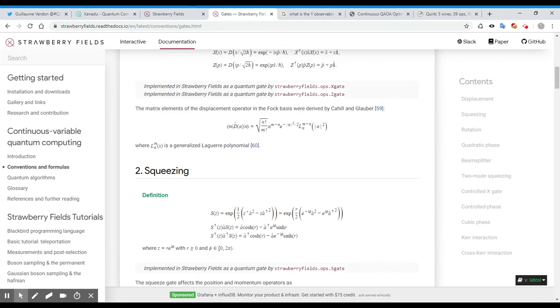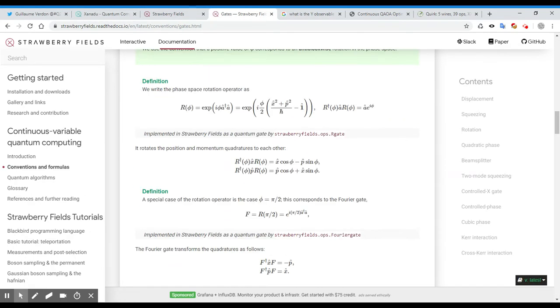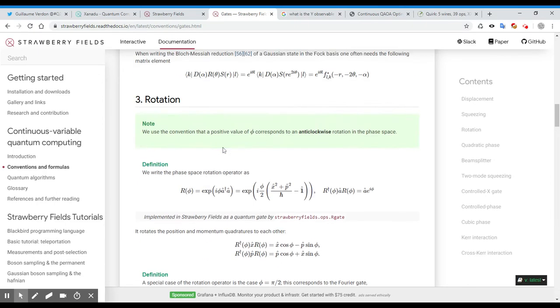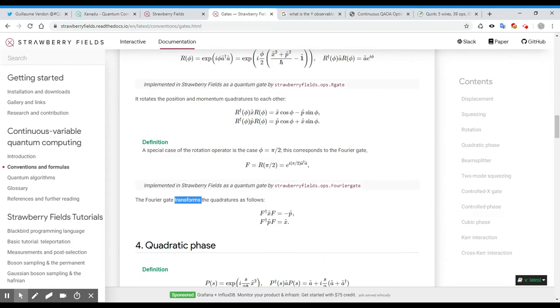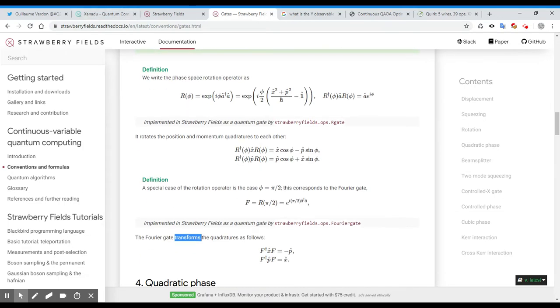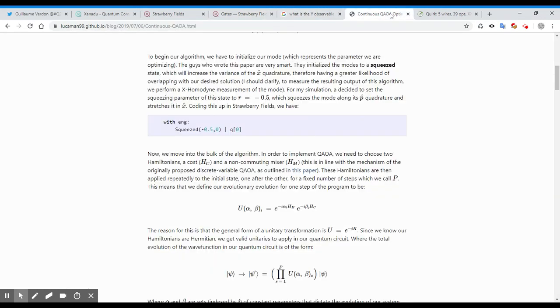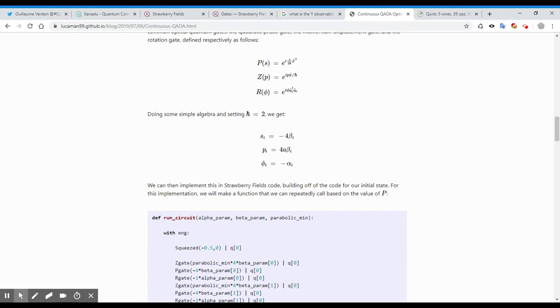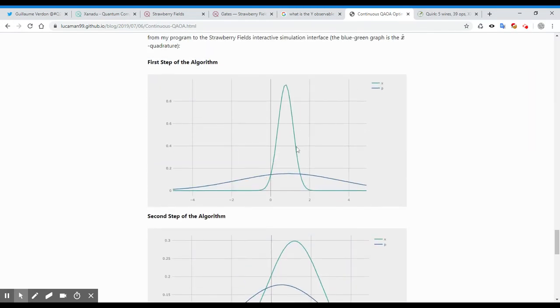Or where did I find that? I found a gate that basically does x equals minus p. Oh, here, the free. Okay. Because it's a special case of the rotation, and maybe that's why Jack has that as the first step, because he's using a rotation, and basically the quadratures have been exchanged